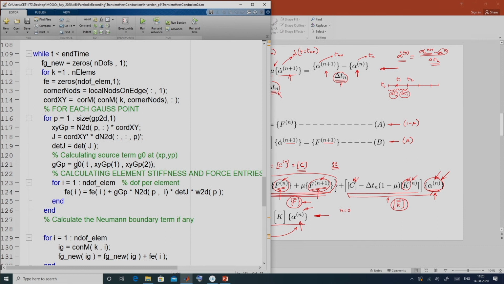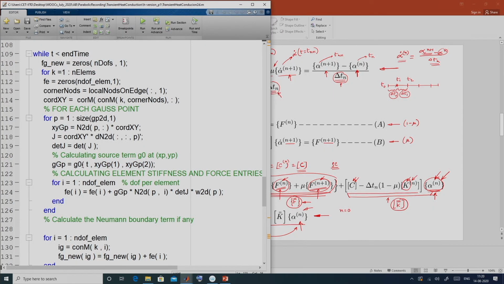So, this is the term R. Here I have defined this as a function of x and y, and in the problem in hand we have defined that in a given circle within the domain there is a circular portion where the heating element is getting on and off. That is why it is a function of x and y, and I need to evaluate the heat generation term in each of the elements, because somewhere it is 0, somewhere it is 1.